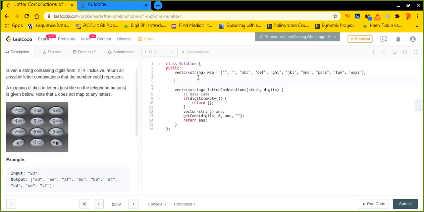Okay, I hope it is pretty much clear. So guys, if you have any doubt till this point, you can simply ask me in the comment section. I will surely get in touch with you with the answer. So let me quickly write down the solution. The first thing is the string, which is nothing but the digits. This is I, the iterator for this particular string, the answer array, and lastly the temporary string. Okay, cool.